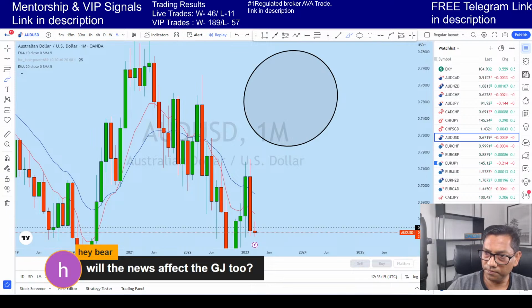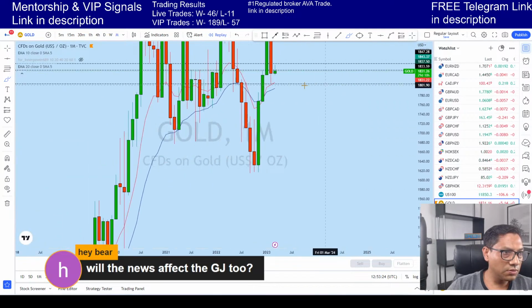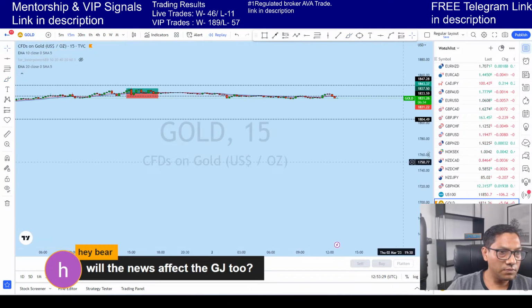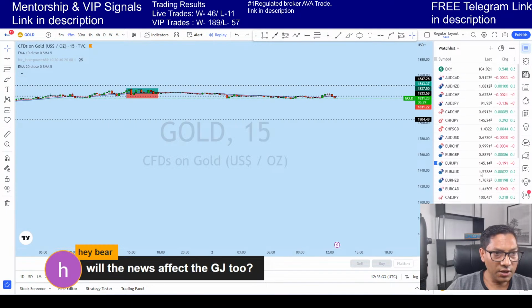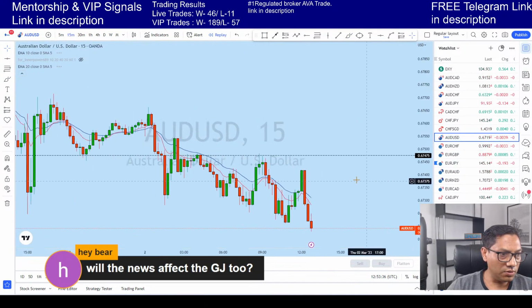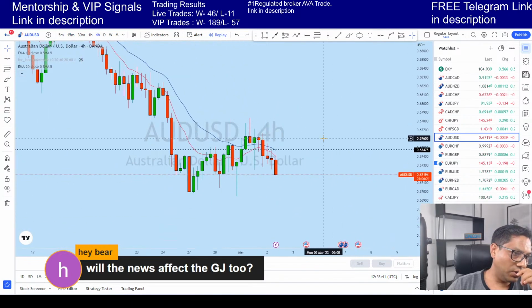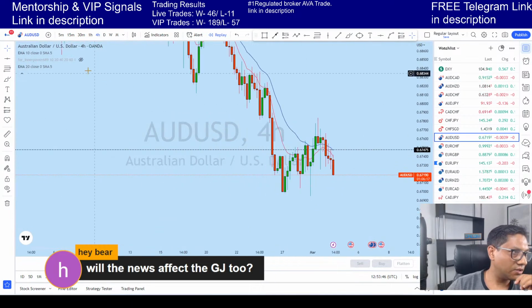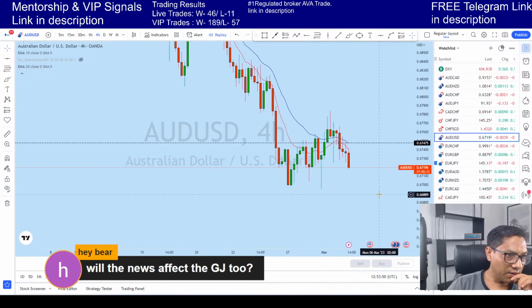Okay, so let's look at now again with the gold. Okay, I'll be more interested in AUD USD, guys. Looks like that AUD USD, okay, all right, AUD USD has formed very strong double doji and then rejected. And this is what AUD USD has done.